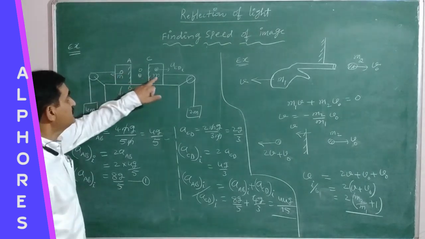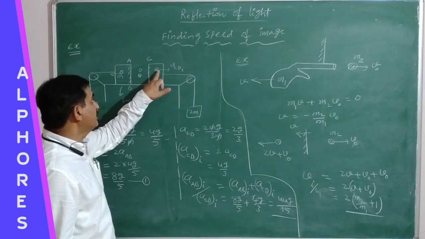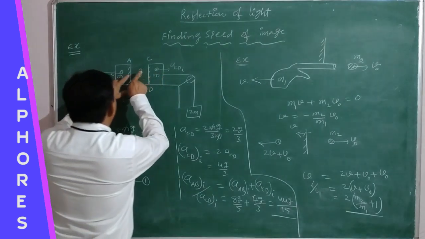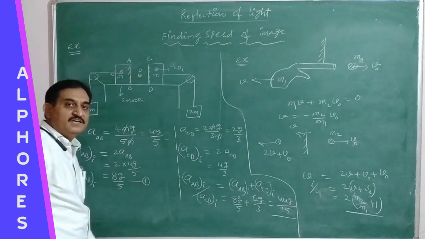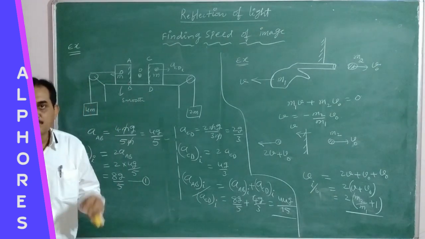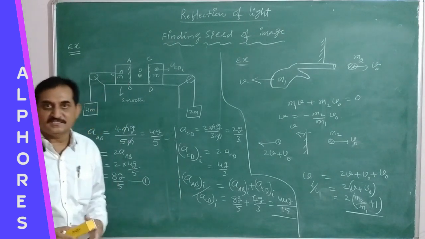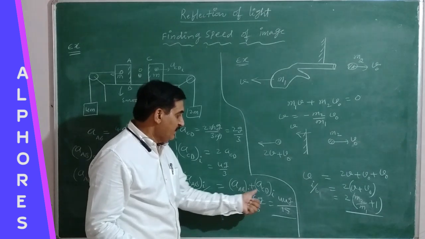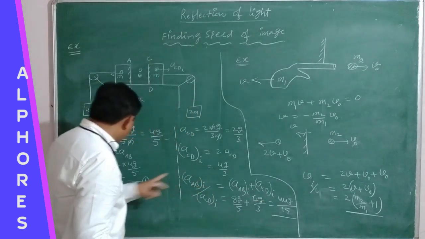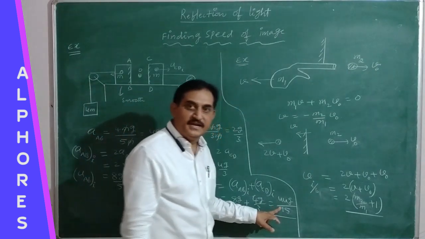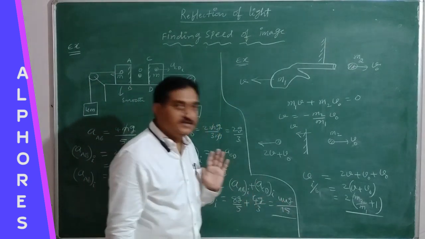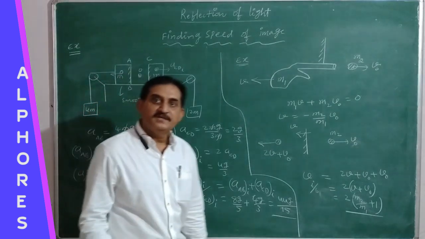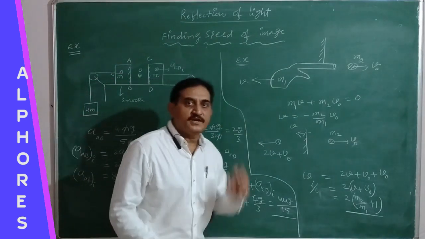And here, the acceleration of the image formed in one mirror with respect to the acceleration of the image formed in another mirror are related to each other. These two accelerations are opposite in direction. When they are opposite, every time we have to add these two accelerations in order to get the final acceleration with respect to each other. Therefore, the accelerations of AB and CD are added to get the final acceleration with respect to each other, 44g by 15. So this is relevant to the same concept we discussed just now. Okay. Then next, let us go for another problem.